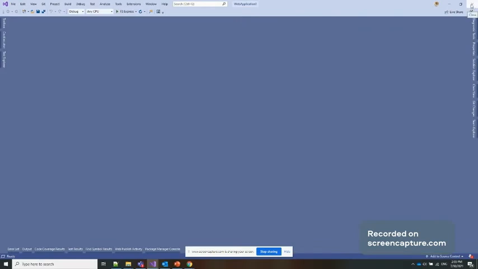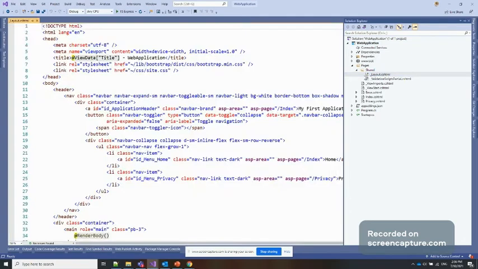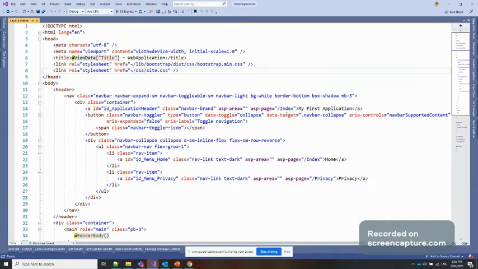I just close this one and close this website also, because I already created it for demo purposes. If you see here, we have this application in the layout. I just changed it to my first application, and to this first application I put the id. You can put the id similar to this one. You can use any pattern based on your company needs and company policy. Here for the demo purpose I am using the id underscore, and after that whatever the id belongs to for this one.